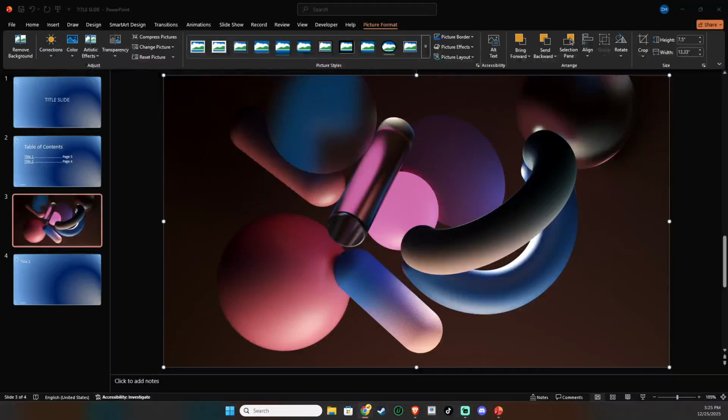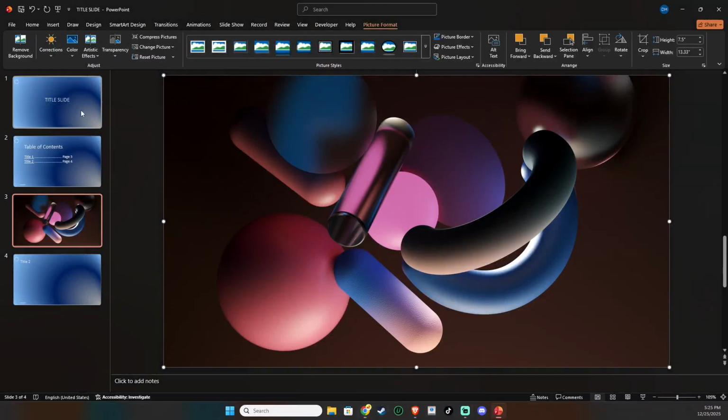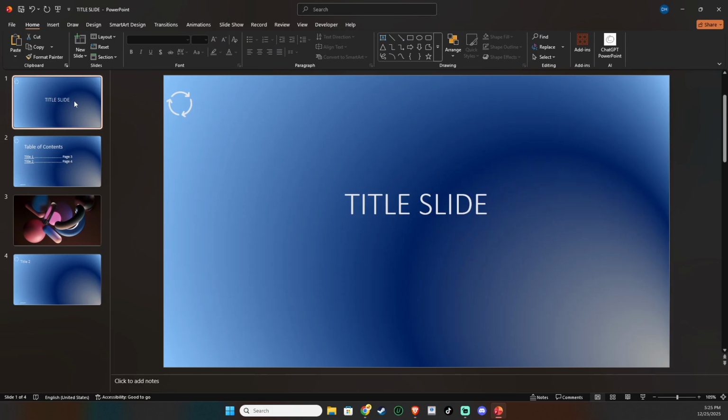In today's video, I'm going to teach you how to package a PowerPoint presentation with linked files. This is the best way to make sure your presentation travels perfectly from one computer to another without missing videos, broken audio, or mismatched fonts. If you've ever opened a deck on a new device and seen empty boxes where your media should be, packaging